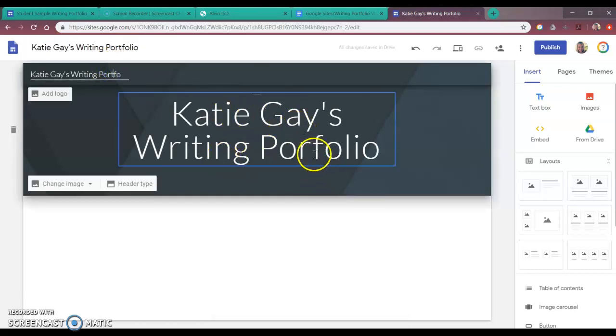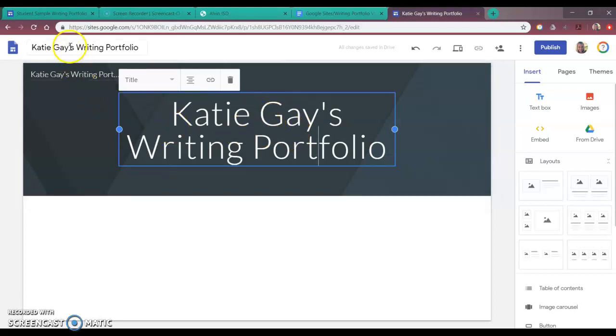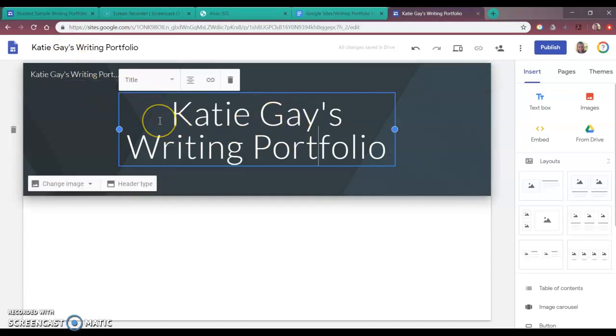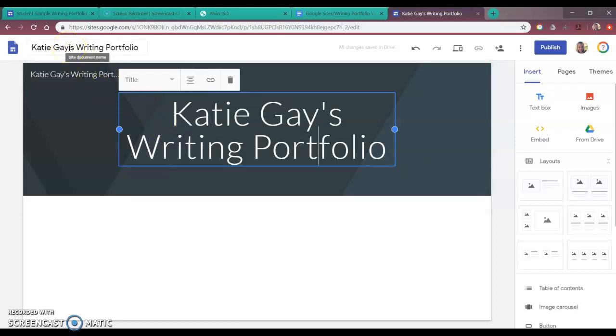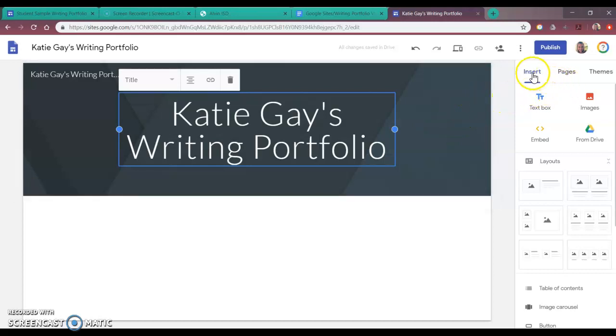Important to pay attention to the red squiggly lines, students. So here we have Katie Gay's writing portfolio, and it's copied in here in triplicate, so you should see that 3 times. If you don't, you need to go back. If this still says Untitled Site, your teacher will never be able to find it. So once that's done, then if you go over to the right hand side, you can see where it says